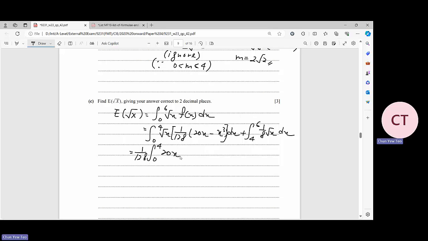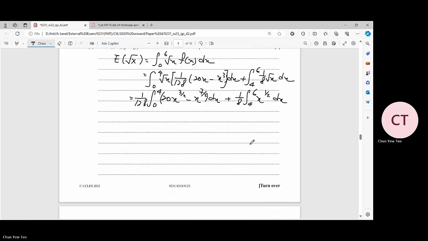This will be 20 of x power 3 over 2 minus the x power of 7 over 2 dx plus the 1 over 8 integrate 4 to 6 x power half dx. Then just need to integrate carefully. Nothing tricky, just have to be careful only. So you have